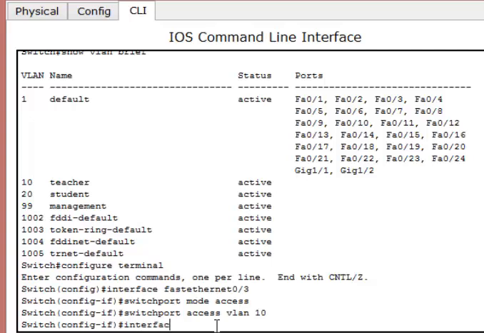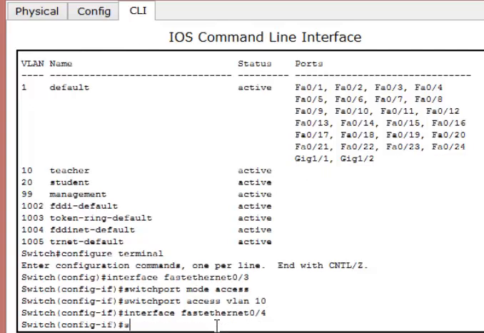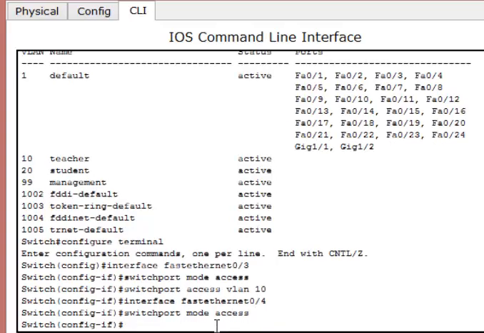Type interface FastEthernet 0/4. Switchport mode access, switchport access vlan 20.